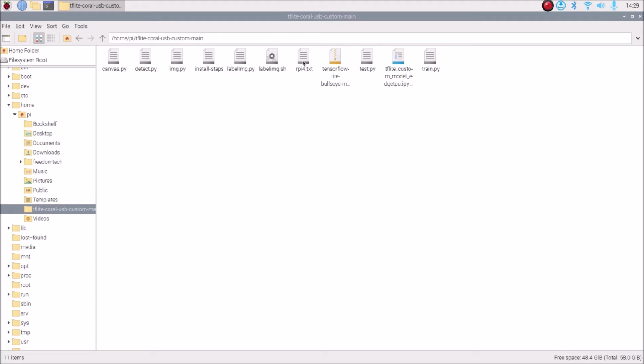So here we have the rpi4.txt file. This is a normal text file. Just right click and open it as a text editor, and this is the first command. As you can see, the first one. So just copy it as it is, copy it, open terminal,